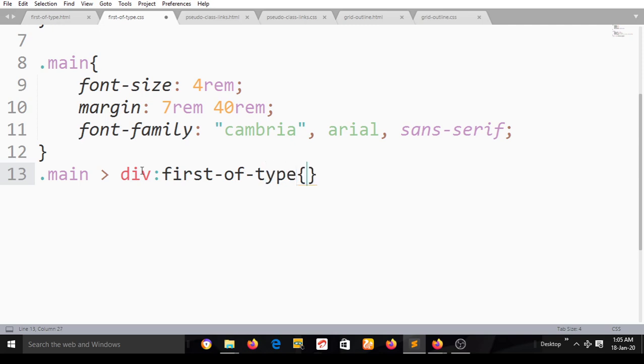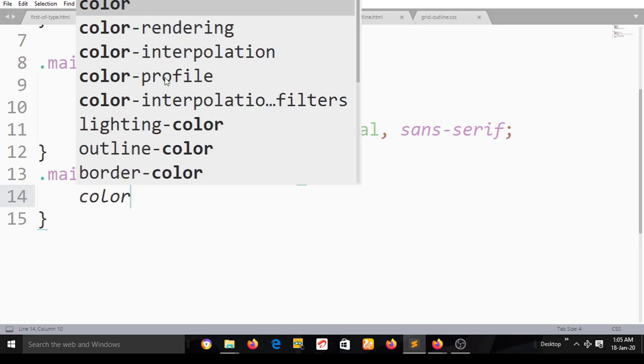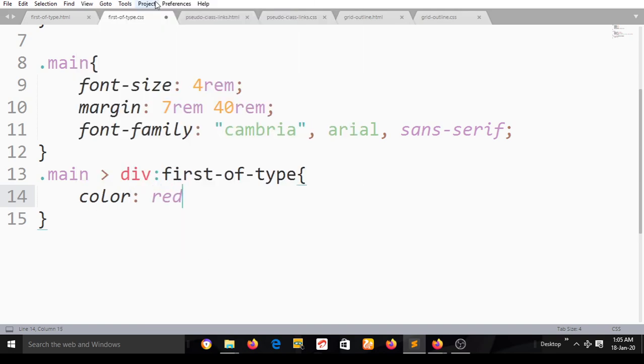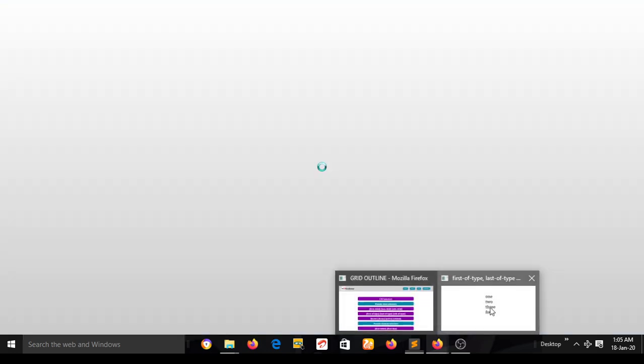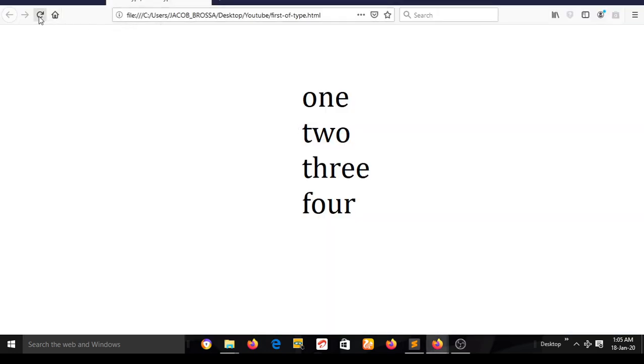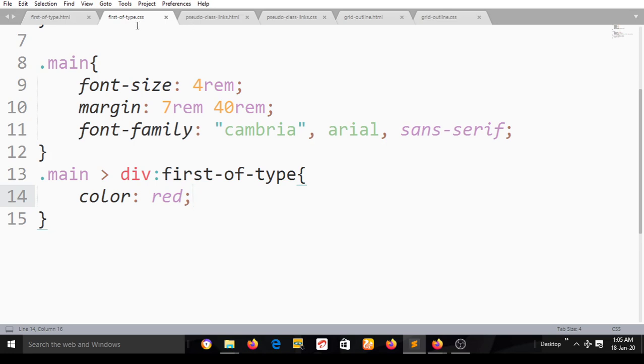And I'll open up my curly braces. Let's say I want to give it a color of red. Now when I save and go back to my browser and reload, you would notice that the first letter is going to get the styling. Now let's say I want to style up the last one. Now you would also notice that they all have,